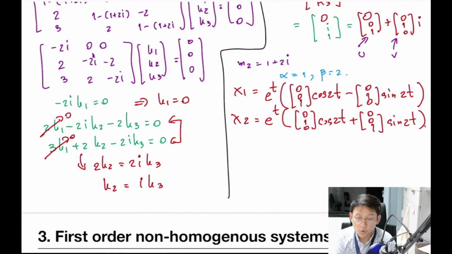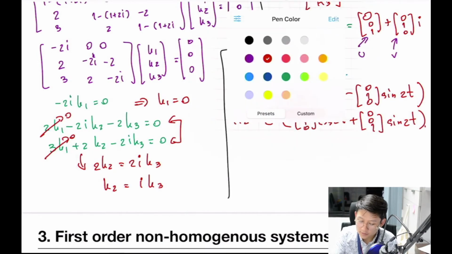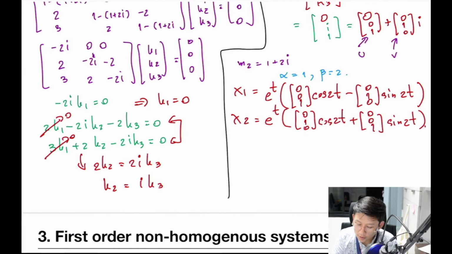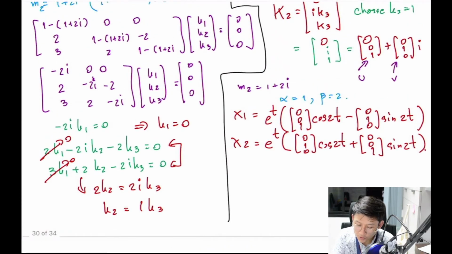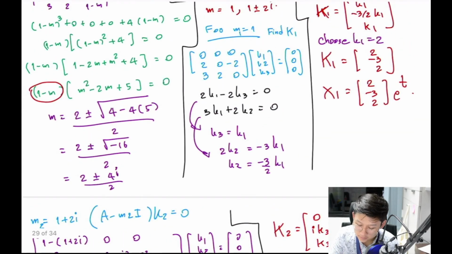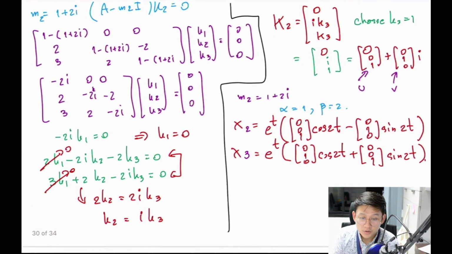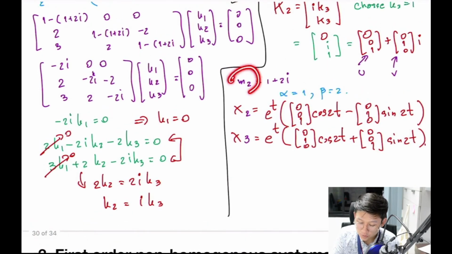Sorry guys, I should write this as x2 and x3 because x1 has already been taken by this. So if you begin with m2, you should call it x2 and x3. So your general solution would be